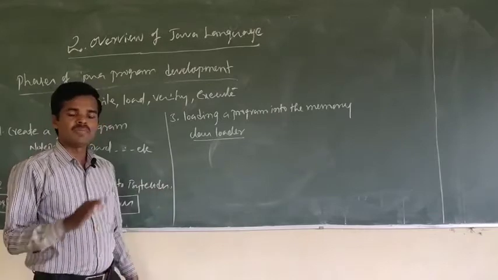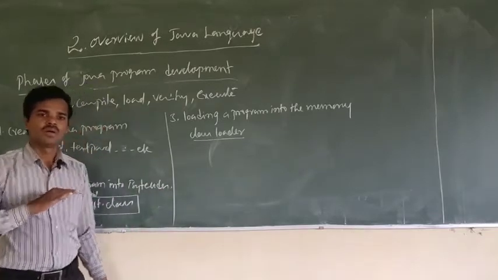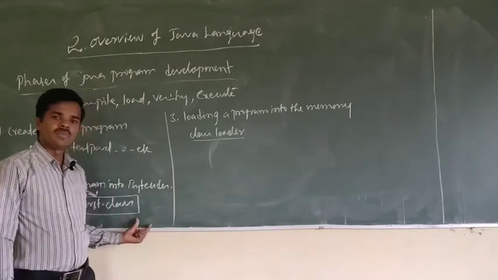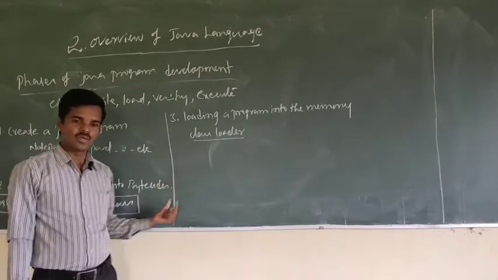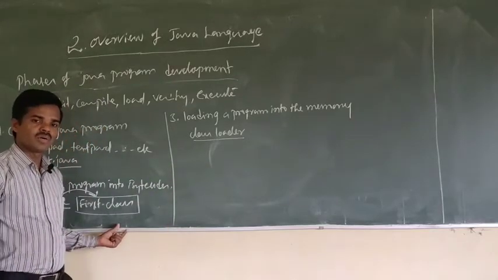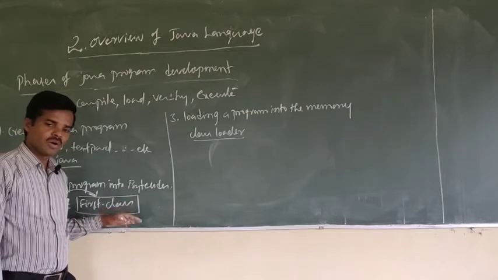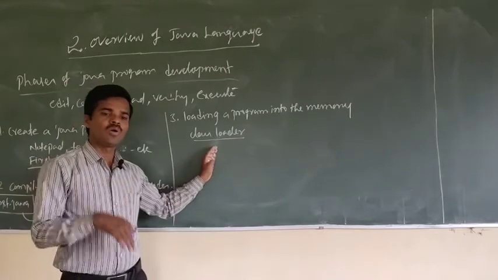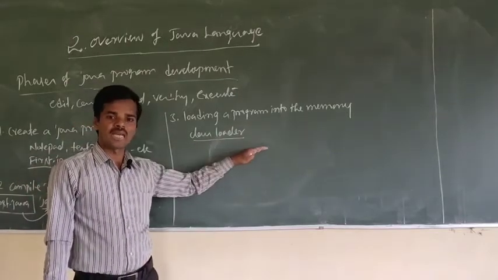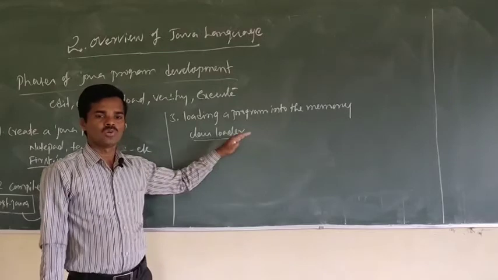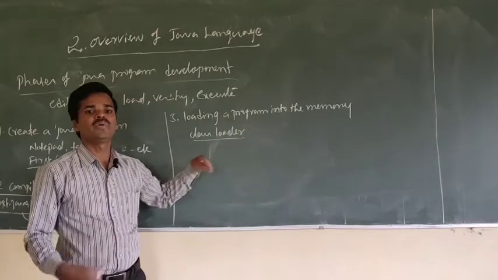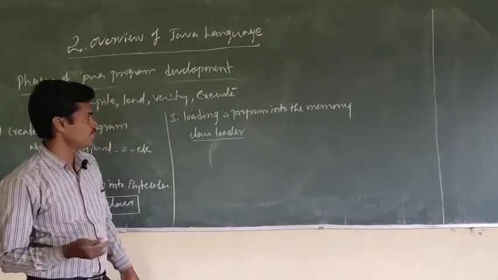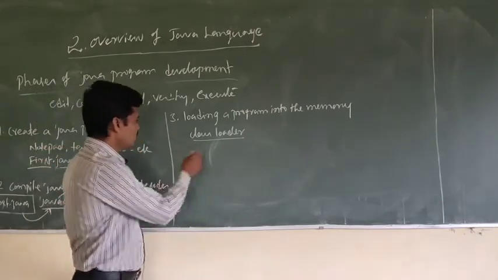Because main memory is the active status to perform anything in the computer, hard disk will be inactive and main memory active, so we have to transfer your bytecode instructions from the hard disk to the main memory using the class loader. This class loader will load all your instructions into the main memory, that is RAM. Once it is loaded in the main memory, then you can start executing the bytecode instructions using the Java interpreter.